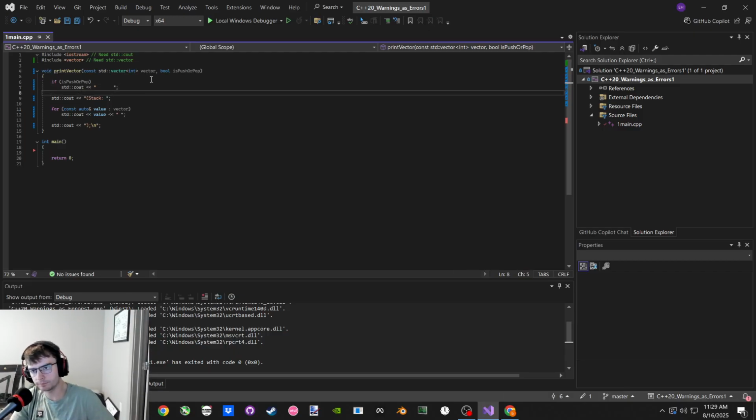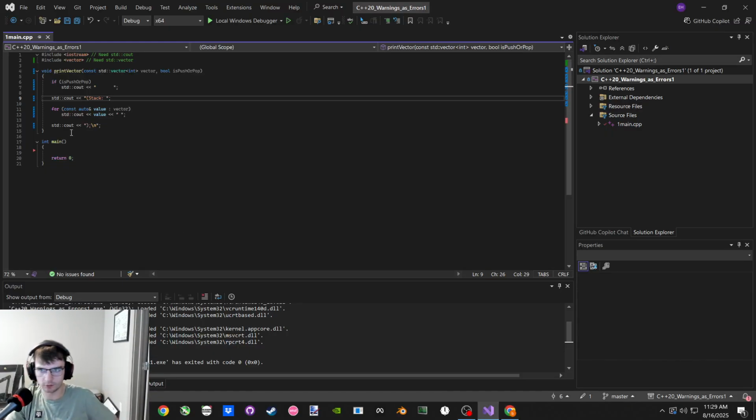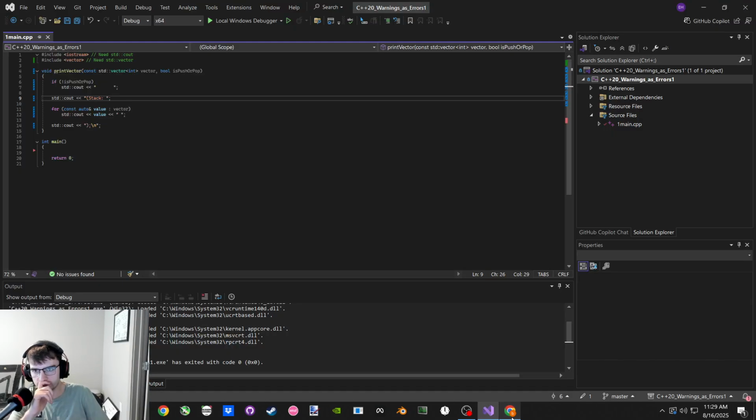All right. So I want to print this empty space in the beginning. We'll just do that. And then, we do this only if it's a push or pop. If it's not a push or pop, we're just printing raw. And then we put the stack, and then we put each of the values. Oh, okay, and no commas. Cool. So we don't have to check if it's the last one or not. So we shouldn't put a comma for the last value, space, and then